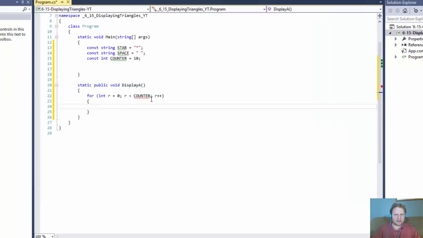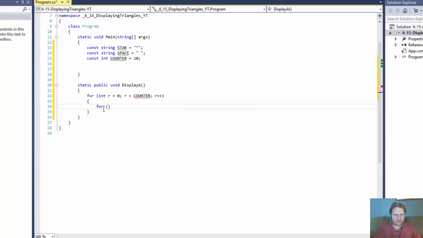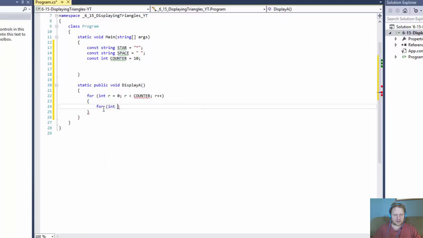so I got the outer loop. This is still underlined, but it shouldn't be anymore. Anyway, let me finish this one. So we have the outer loop for the 10 times. And now we need to do the inner loop, which is another for. And this one is going to be a column. So I'll declare integer column, which would be C equals 0. C is less than,